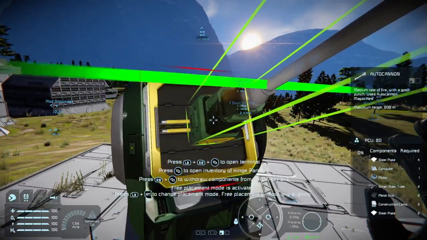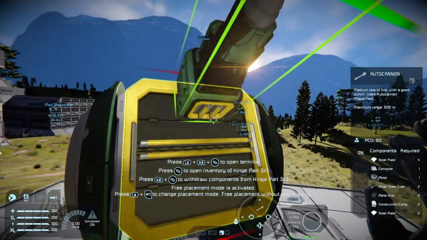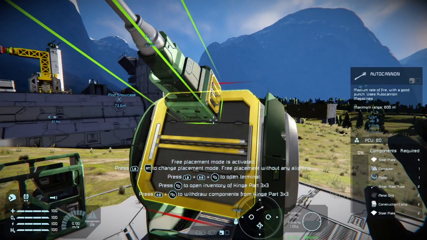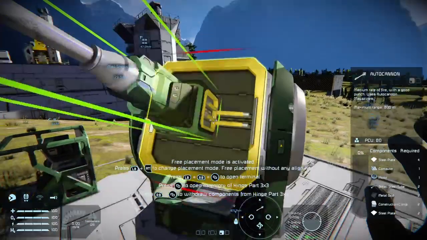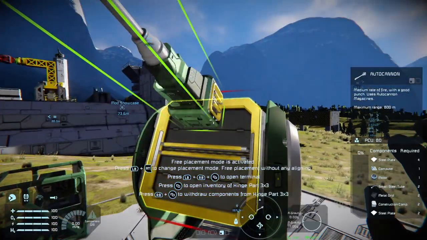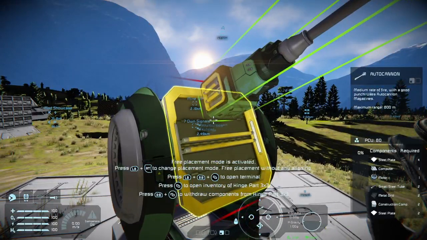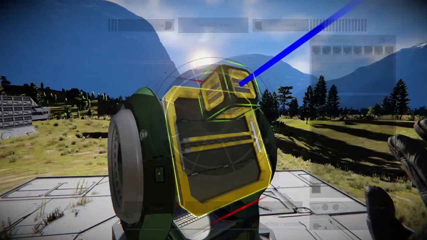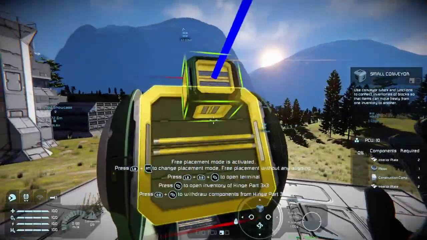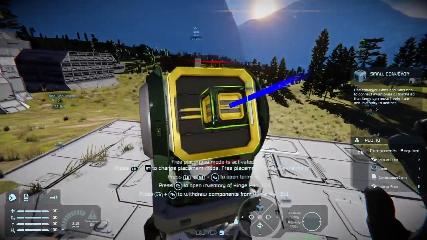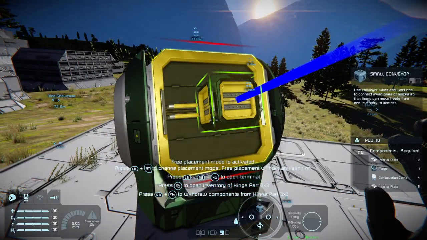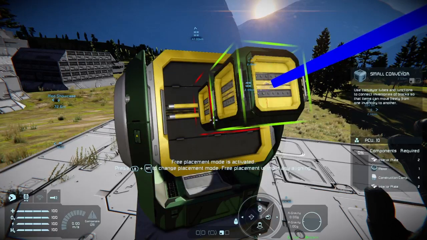So if you look at where the autocannons are, or where the conveyor ports on an autocannon are, if you're going to build this in survival, what you want is conveyors, these small conveyors here. As long as they're connected to this, they will work. So you can slap a small conveyor like this in the center.